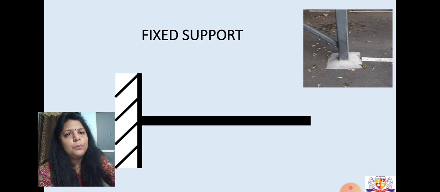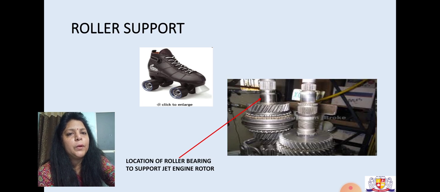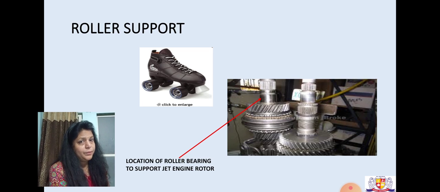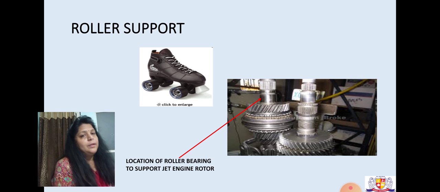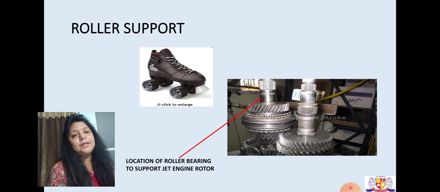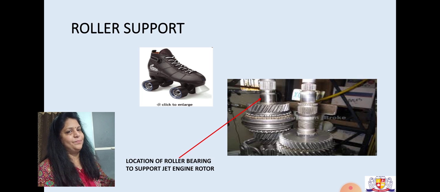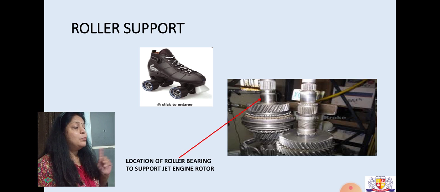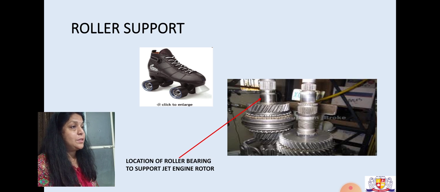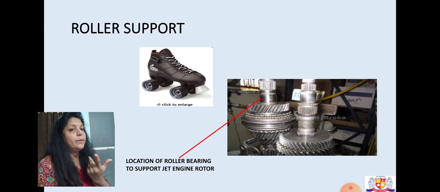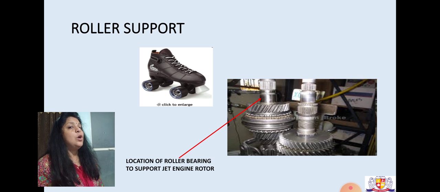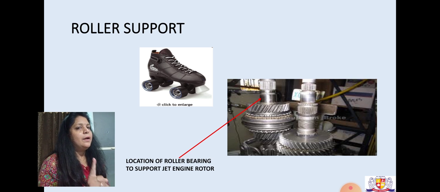So now I come to the different types of support. Okay, so we first take the roller support. What does the diagram show? The diagram shows that it is skates. When we wear skates, we only move in which direction? Freely, horizontal. Okay. Can I move vertically by wearing the skates? No. Can I rotate 360 degrees? Yes. That means where is the resistance observed? Resistance is observed only at vertical motion.